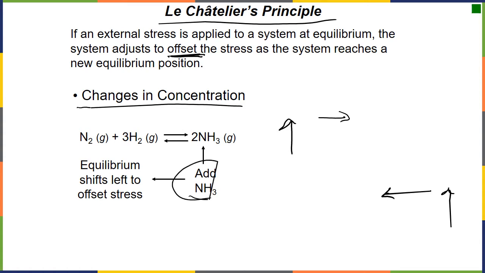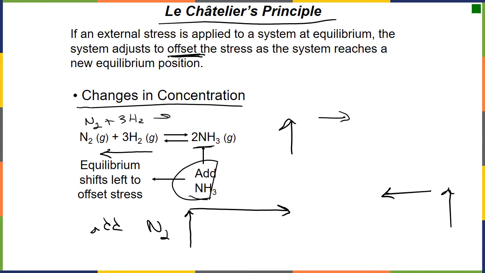So if we add ammonia, we now have too much ammonia, and the equilibrium shifts towards reactants, meaning that the ammonia reacts to make more hydrogen and more nitrogen. If instead I add nitrogen, I have too much nitrogen, and its concentration is going to go up. It is a reactant, so it's going to shift away from it. I can equally decrease. So if I have my reaction of nitrogen plus 3 hydrogens in equilibrium with 2 ammonias, and I decrease the amount of ammonia,